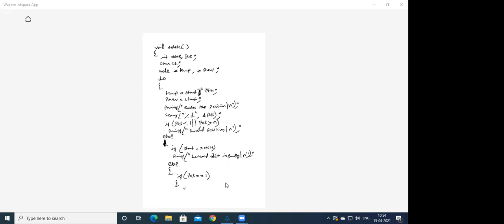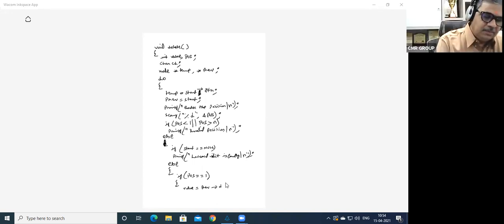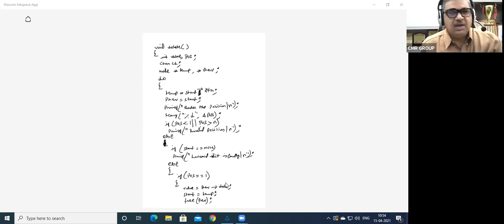So I'll say value is equal to previous arrow data, and then I will assign start as equal to temp, and now I'll say free previous. So previous is freed. Okay, this is for pos is equal to 1.